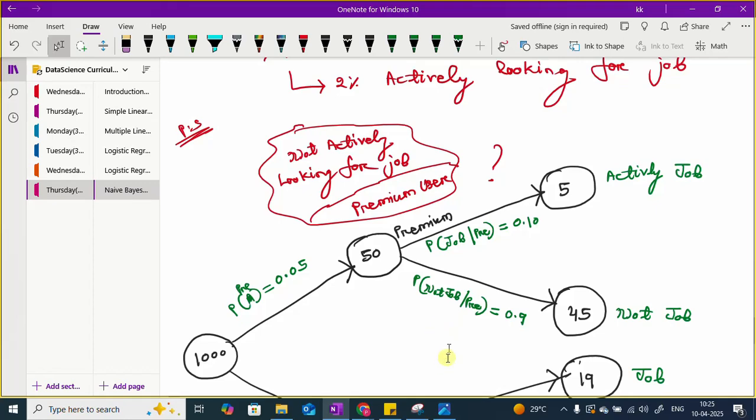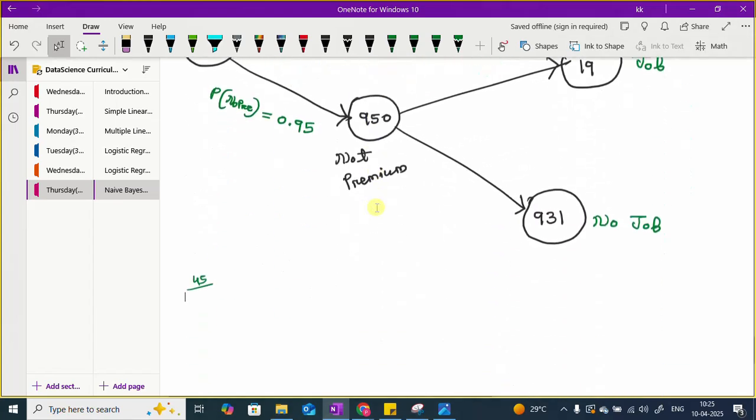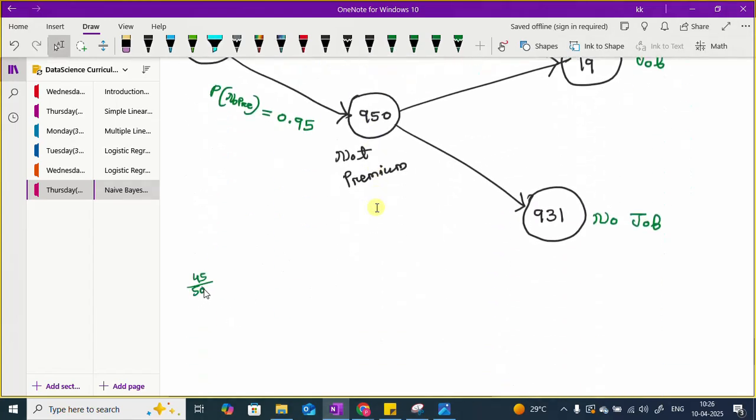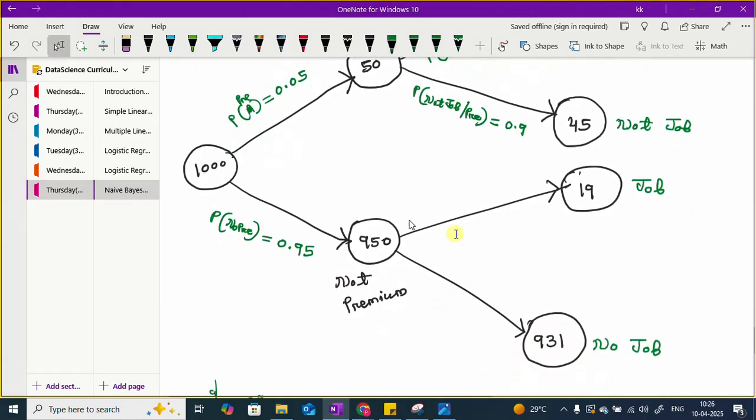How come 0.9? Very simple, right? 45 divided by 50. 9 by 10 is nothing but 0.9. Yes or no? Clear? That's why 0.9. Here 5 divided by 50. That's why 0.10. Similarly, what is the probability of job